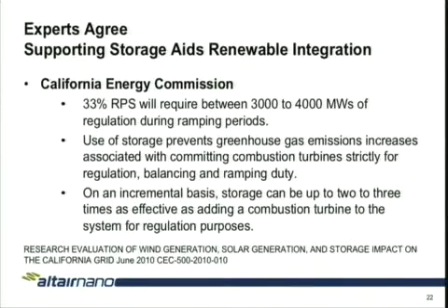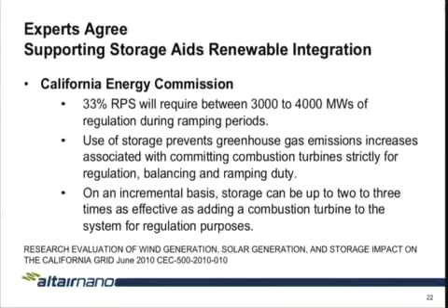Experts agree. So we talked about the 20%. We saw roughly 600 megawatts of regulation. When you get to 33%, the penetration level is higher. And when you think 33% RPS, I want to make sure everybody here understands that's energy content. That's not capacity. That's not power that's being put on, but 33% of the energy. So sometimes the penetration of that renewable is going to be something much, much higher.